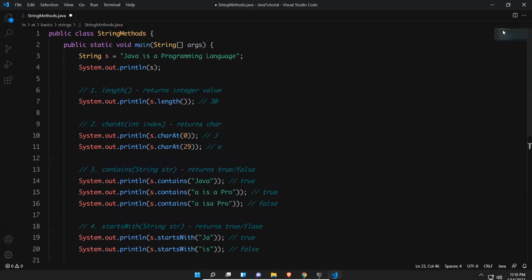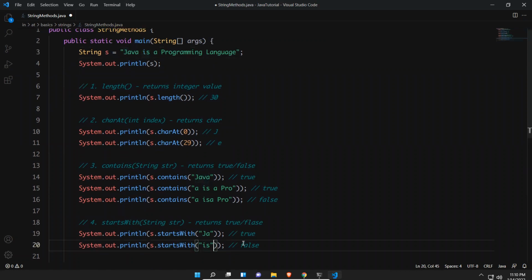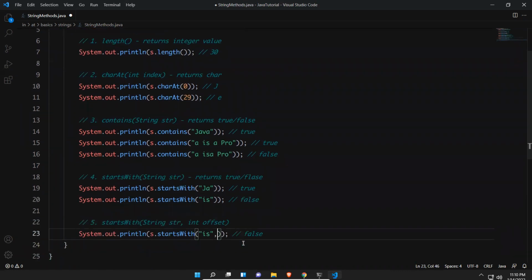If you go up, 0, 1, 2, 3, 4, 5, in the fifth position. Sorry, not here. The fifth position is starting with I or not. That's how it will verify.